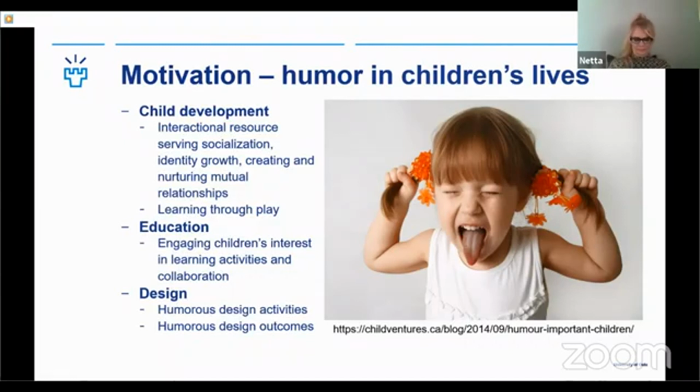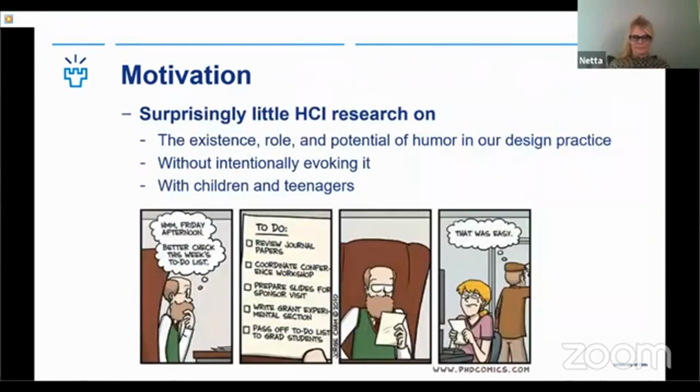And in HCI, it has been discussed also relating to technology use as well as design, and humorous design activities have been defined to be used with children, and children's design outcomes have also been studied and shown to include humor. But as a motivation for our study, we still claim that surprisingly little HCI research has been conducted on humor,